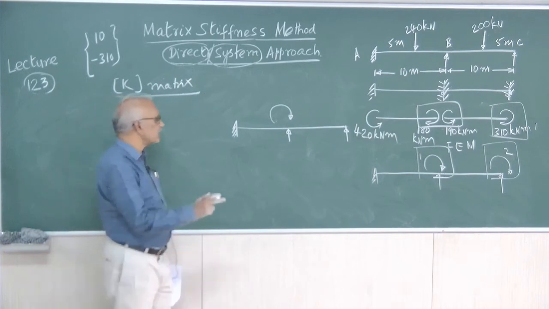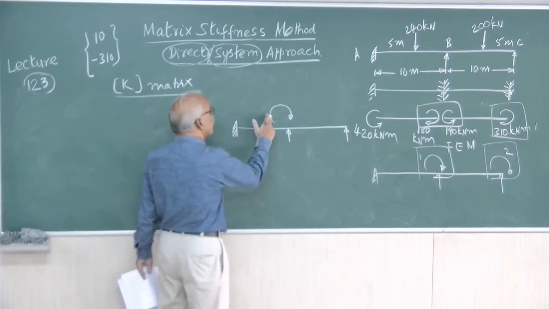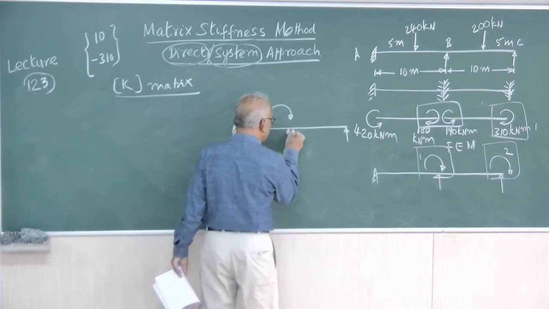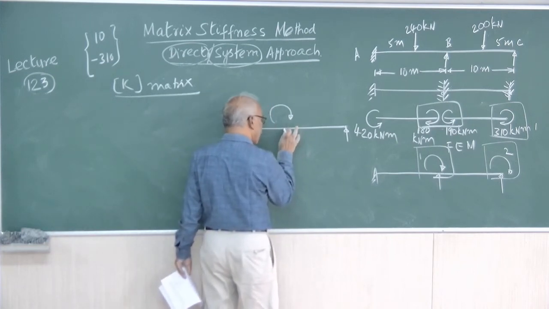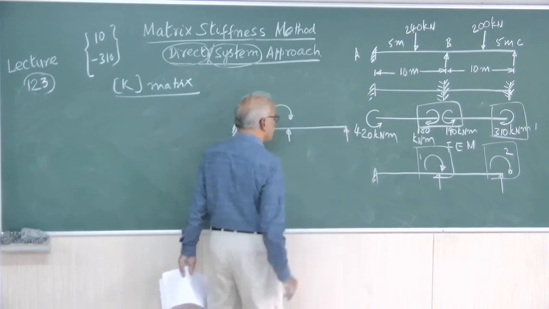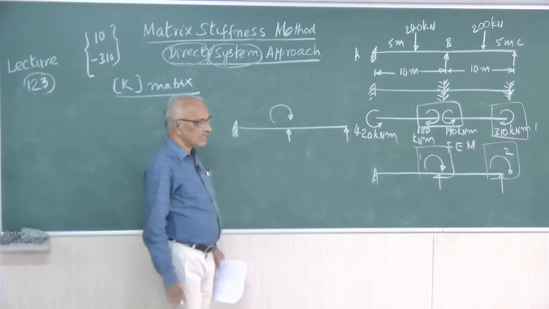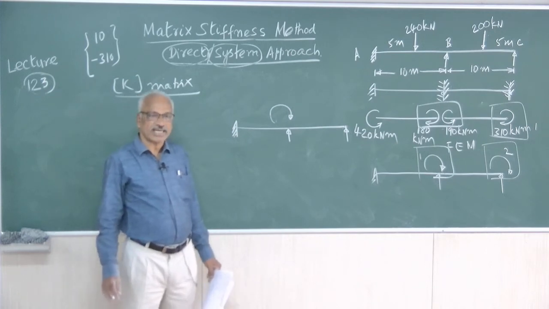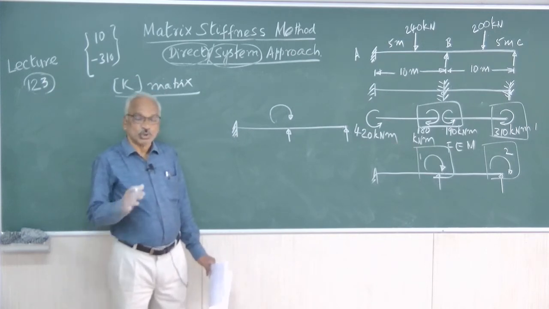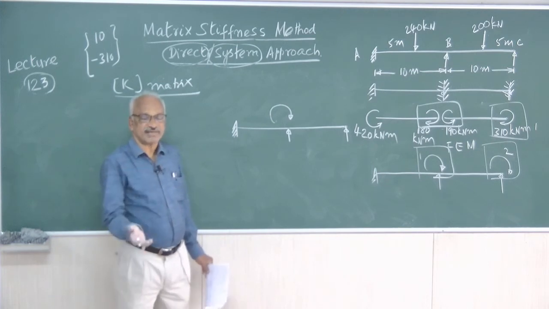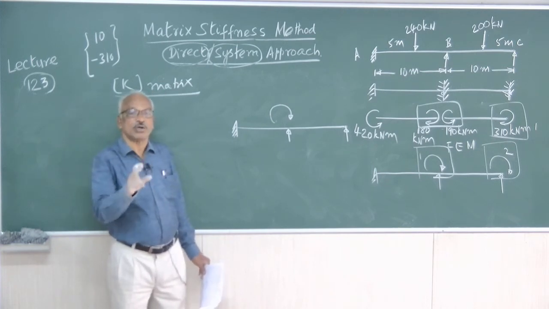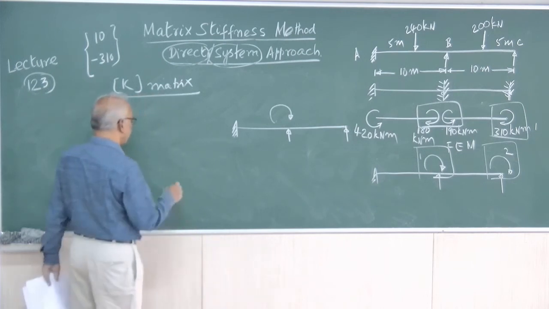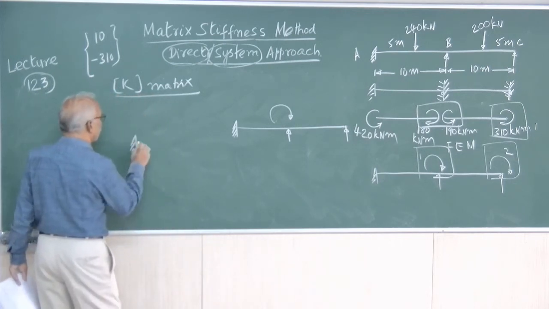The displacement corresponding to this theta b is rotation. So we have to apply rotation, unit rotation here. When you apply unit rotation here, the far end is to be fixed, because the stiffness coefficient is the force developed at coordinate i due to unit displacement at coordinate j, with the condition that no displacement occurs except at j. Because even in the case of a cantilever,